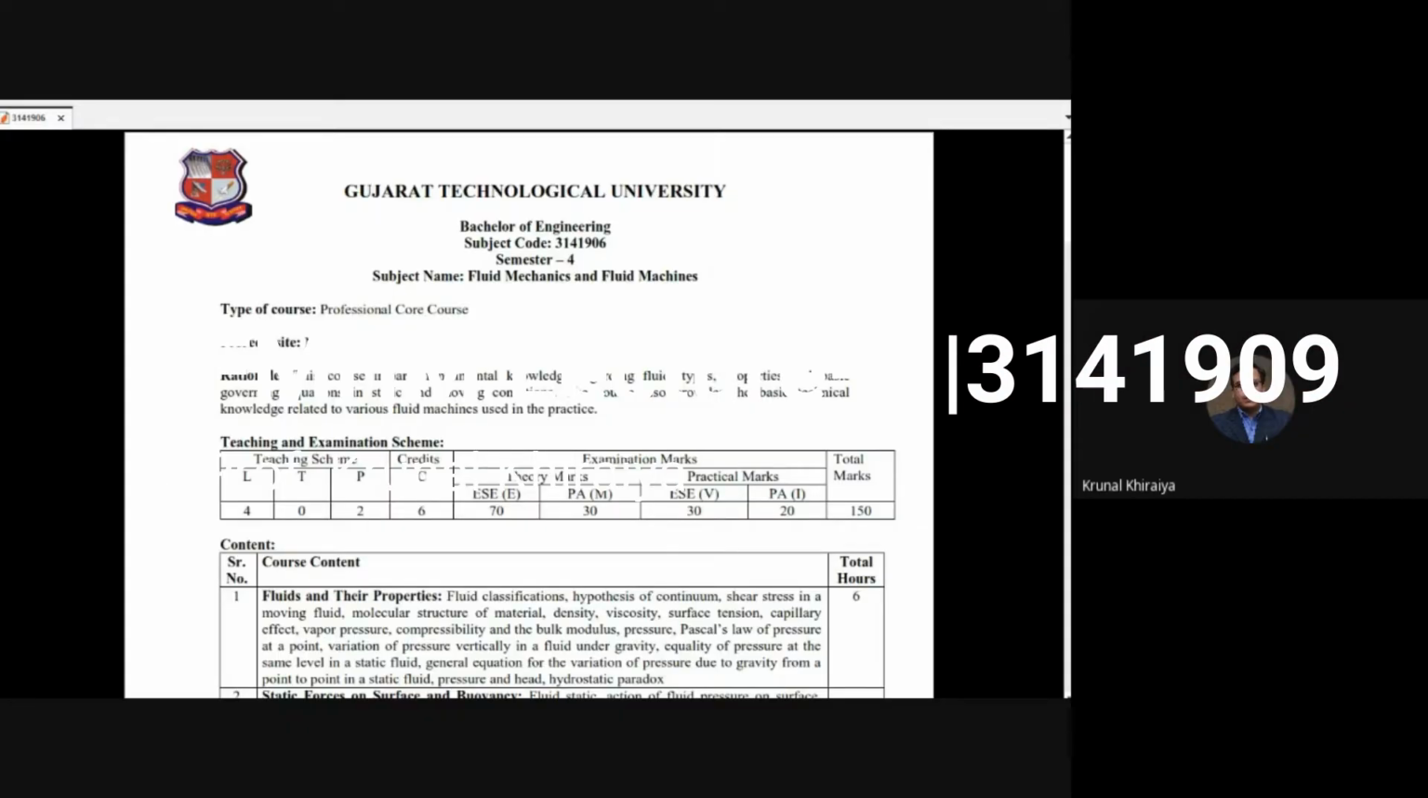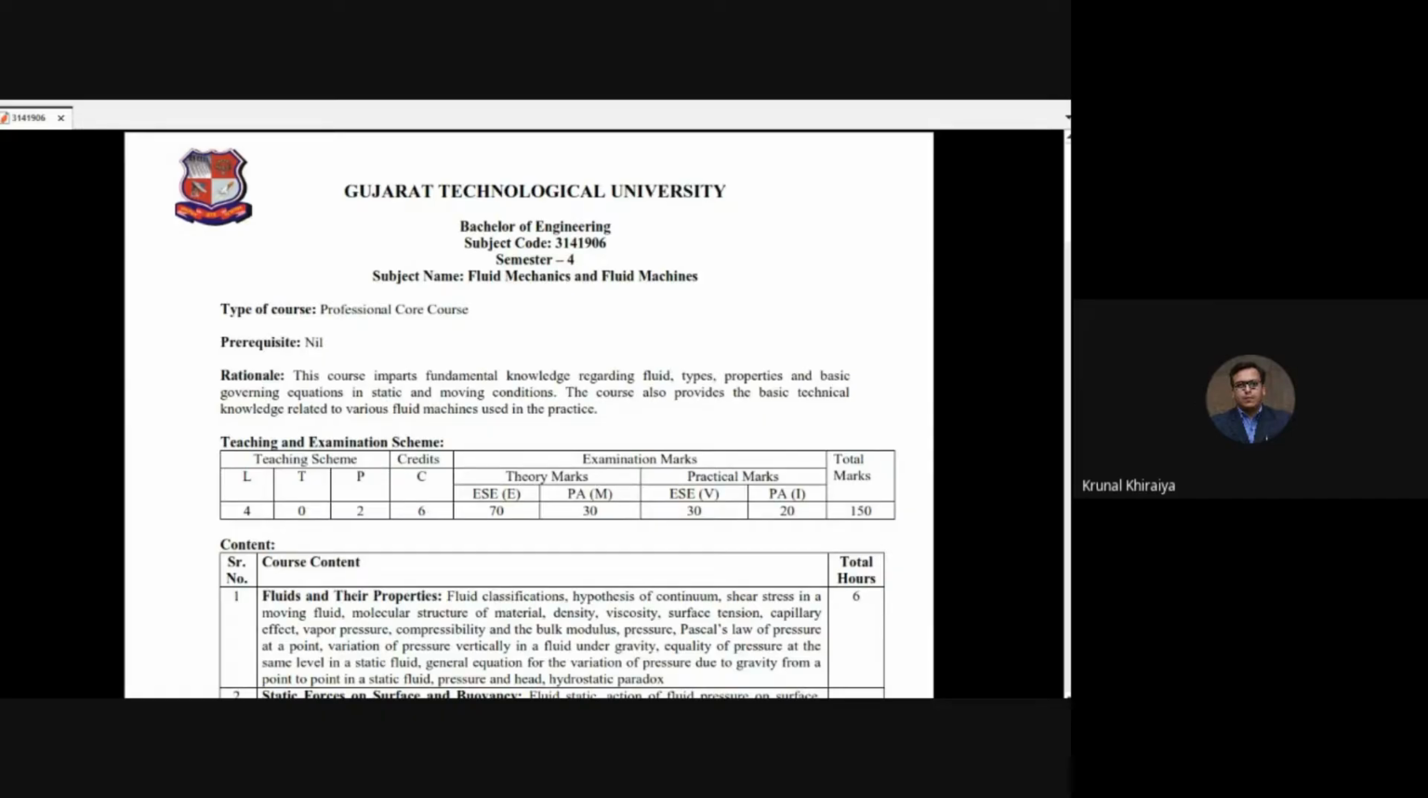Let me introduce the syllabus we are going to conduct in this semester, that is semester 4. From the university website, if all of you are familiar with it, from the website of GTU, gtu.ac.in, you can get this syllabus. This is a Bachelor of Engineering program that is offered by the university, and our subject code is